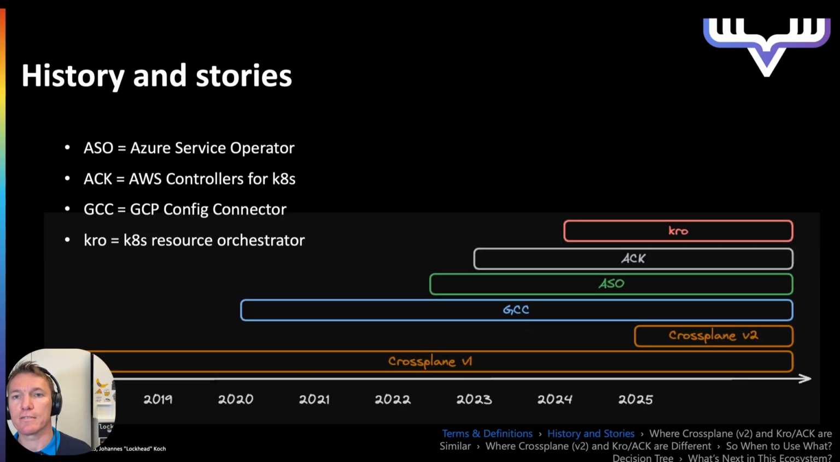Okay, the history and stories section we're going to cover only very briefly, right? Especially for defining the different tools. Let's start with the most ancient tool. Crossplane was already created in 2018, and Crossplane was initially focused on extending the Kubernetes API with